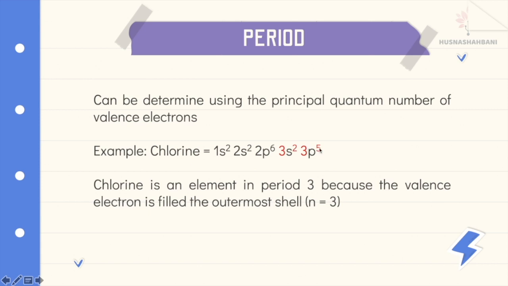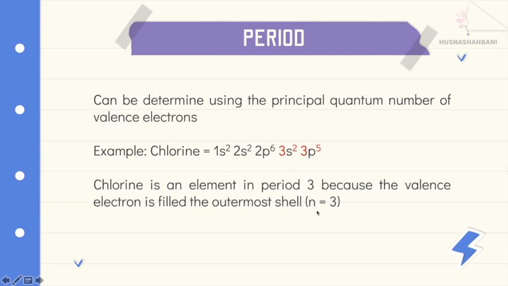So 2 plus 5, 7 valence electrons. If the valence electrons involve orbital s and orbital p, it's group 17. For period, you look at the highest n, the principal quantum number of valence electron. Here, the highest n is 3, so it is in period 3,